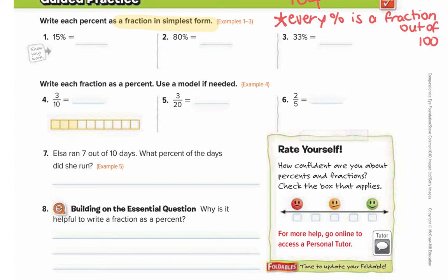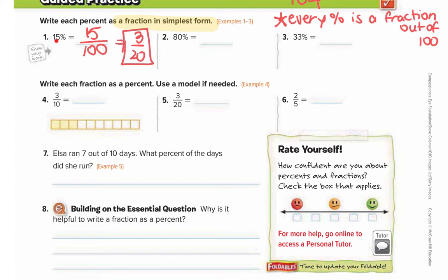So whenever you see the percent symbol, like 15%, that's the same as 15 as a fraction out of 100. So 15% is the same as 15 over 100, and then you want to make sure to simplify every fraction. So when you simplify this, you would get